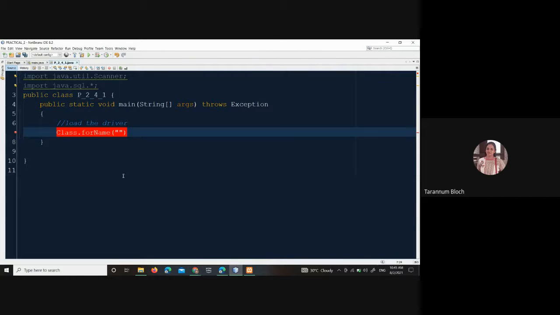And inside the main method, we are writing the 5 steps of JDBC. Step number 1 is to load the driver. So we will write over there Class.forName, and inside the Class.forName we have to write com dot mysql dot